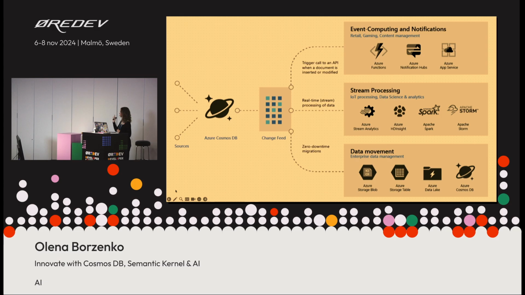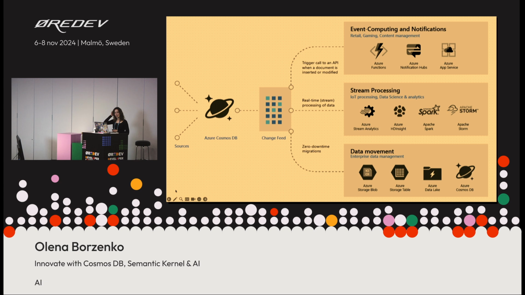Yeah, and as I already mentioned, Azure Cosmos DB is an amazing platform as a service, because it also has integration with different services. I often use Cosmos DB, and then I put some triggers using Azure Functions, either triggers or bindings, or, for example, Service Bus is always a good combination with Cosmos DB, so I can use it together as well. I can have real-time processing of data. When I was working at a logistics company, we had to analyze our data very quickly in real time. So if you use, for example, Apache Spark, you can connect to the Azure Cosmos DB nodes in the background, extract the data, and have real-time data analytics.